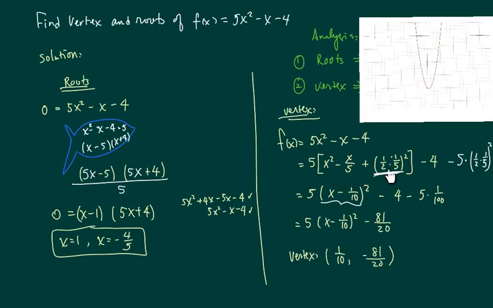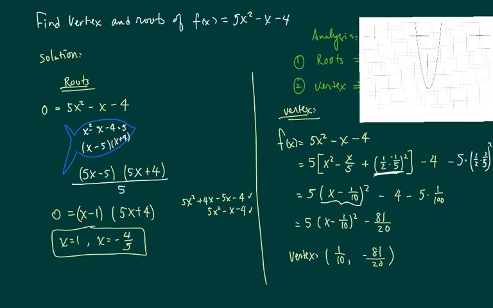Combination of the 3 inside the bracket gives me a perfect square. Now all I have to do is clean up the numbers, coefficients here a little bit. It's minus 4, those are constants. Minus 5 times 1 over 100. A little bit of simplification is 81 over 20. This is called a